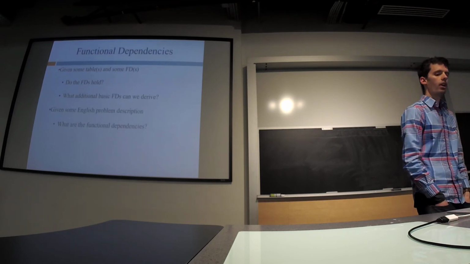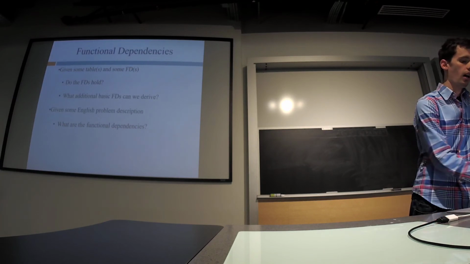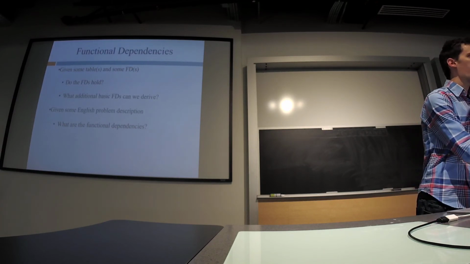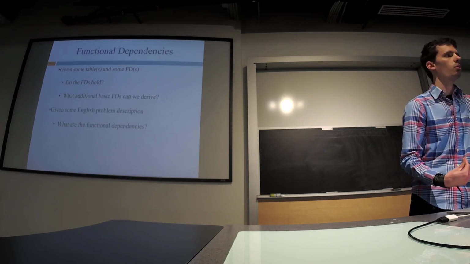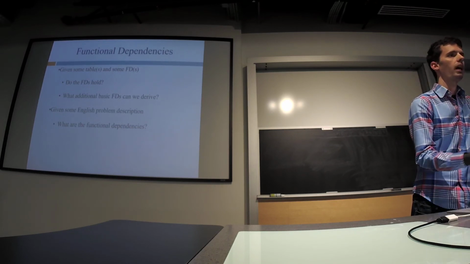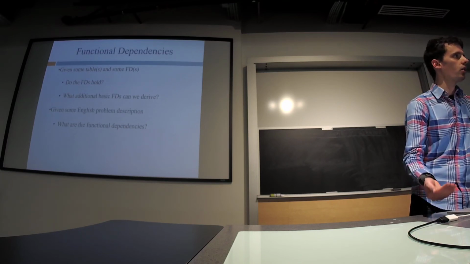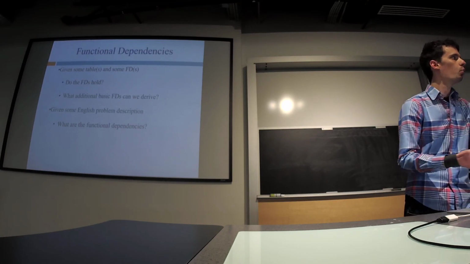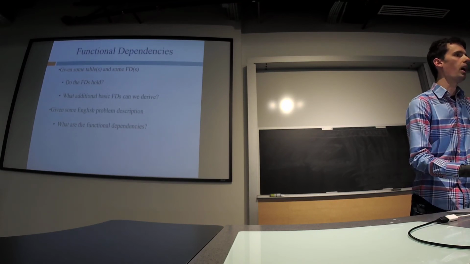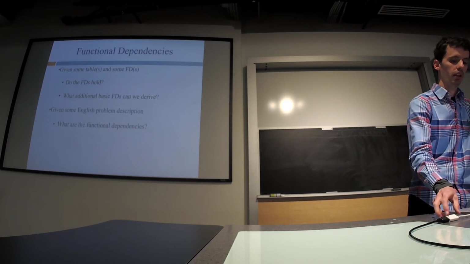Okay, and then functional dependencies. So this is the formal definition of X determines Y. The example we talked about in class was a person's GPA determines their scholarship funding. And that is an additional high-level English-like constraint that was not really captured by the ER or relational model that